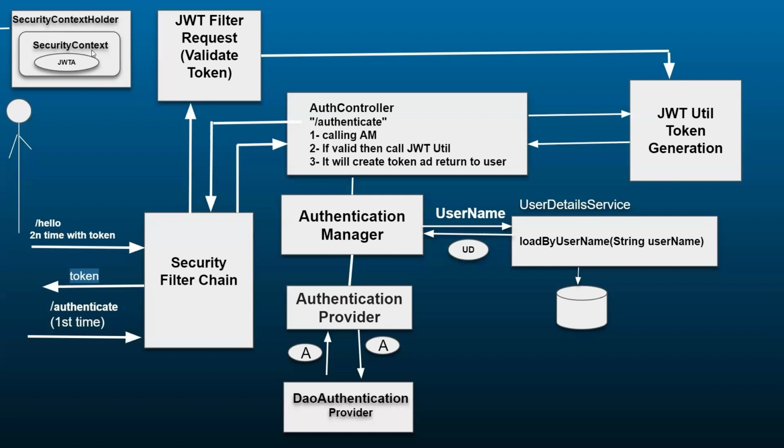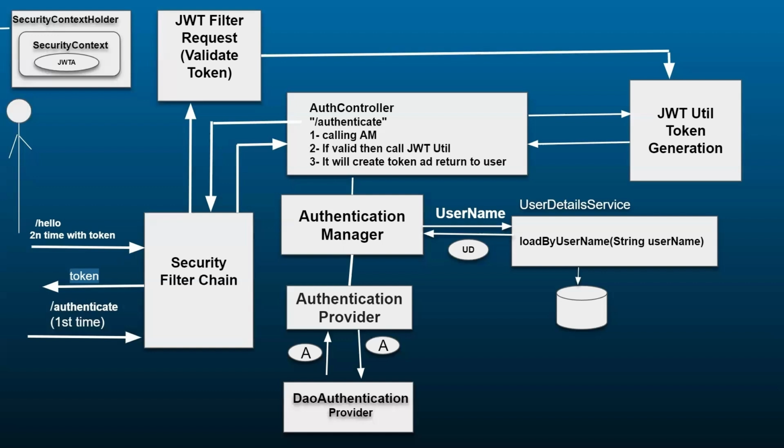Now the question is why that security context holder contains that JWT authentication object. Basically here that filter stores that authentication object, which contains user details like a username, for example, username, roles and all. Now while executing that request, if we need that username or other details of the user